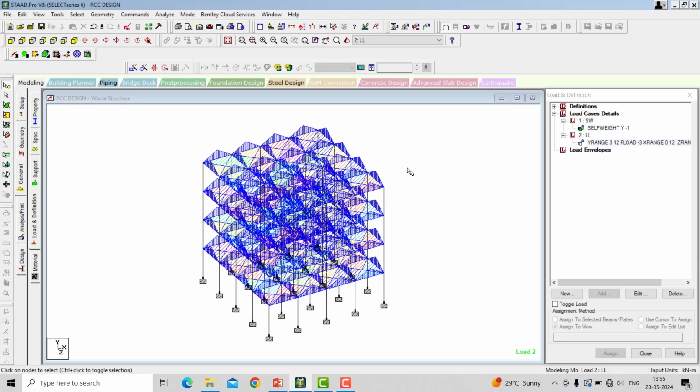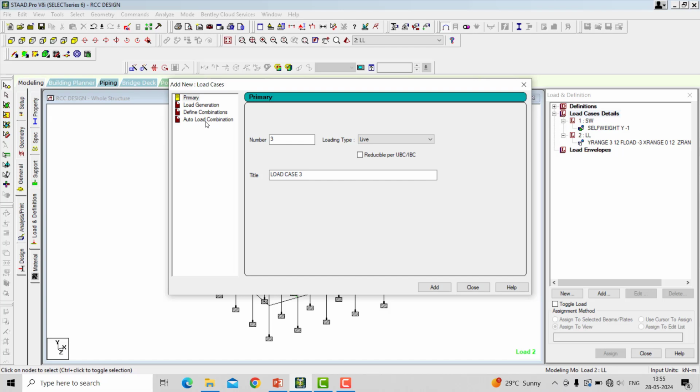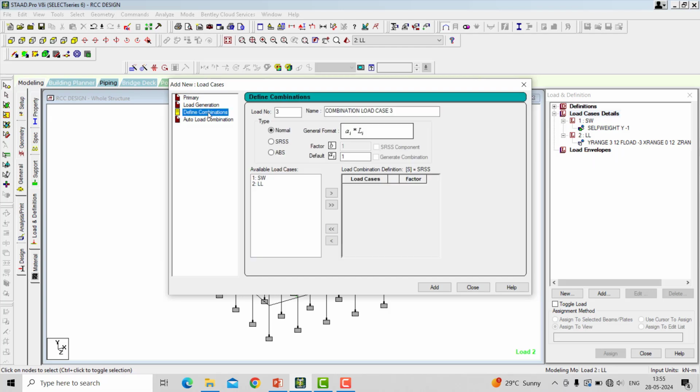If it is coming under a seismic zone, then you can apply the seismic load. If it is G+5 stories or higher than 5 stories, then obviously we apply the wind analysis. If the ground terrain height is higher than the normal ground level, then also we can apply it. Next, in the same way, I apply the combination. For that, you can go ahead with auto load combination, or else define the combination yourself.